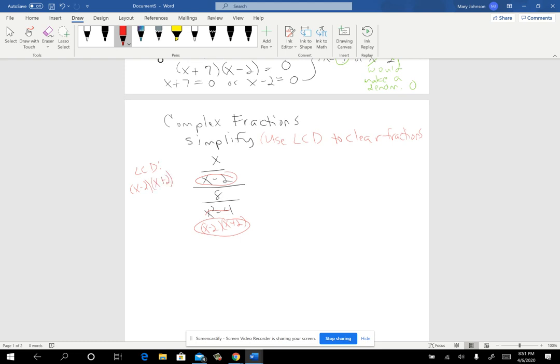Okay, so what you're going to do is multiply the numerator of this big fraction by x minus 2, x plus 2, and then the denominator of the big fraction by x minus 2, x plus 2. That's what makes it okay to do, because you really are multiplying by 1, so you're not really changing the quantity, okay? But by doing this, when you simplify